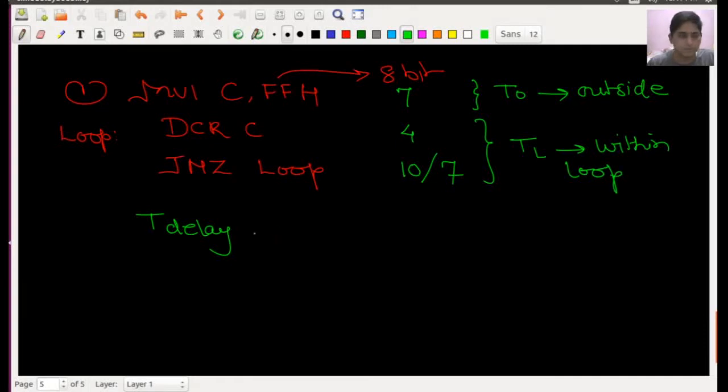Within a loop, I am writing that the total combination will be the combination of T naught plus TL. So we can think that the total number of T states consumed outside of the delay is 7 T states. First, we will always remember that you have to calculate the amount of T states consumed in the program. But when you are going to consume inside this one, we can say on here is that